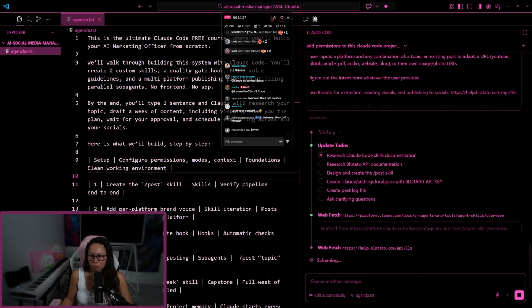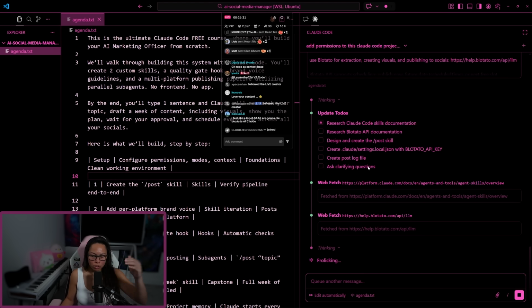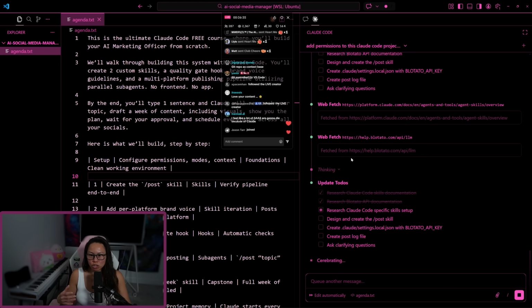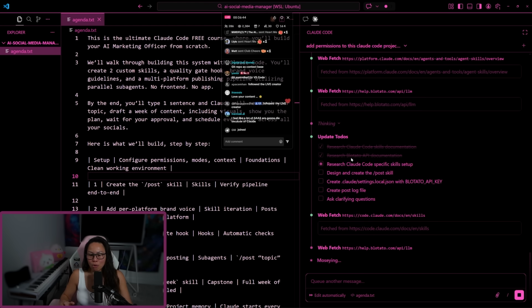Then it's going to set up the file for our Blotato API key. Then it's going to create the log where we're going to store all of our published posts. And then it's going to ask clarifying questions based on anything it is still confused about. That last line is actually really important because